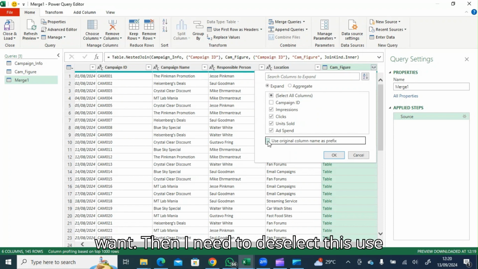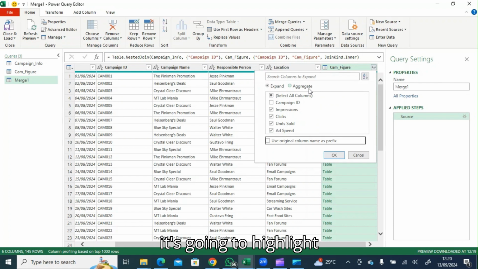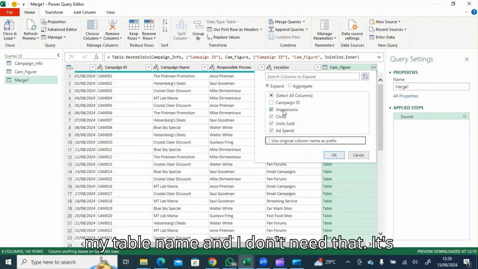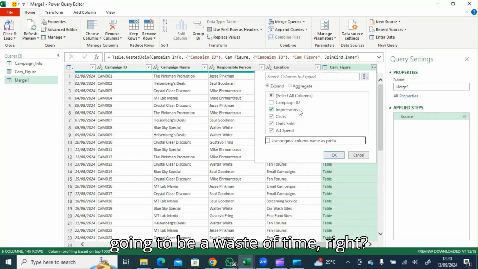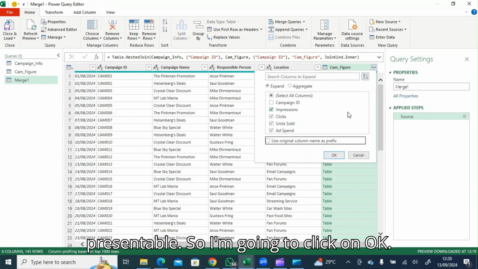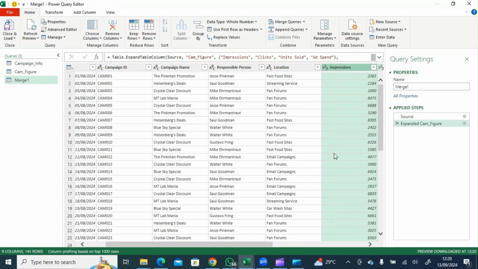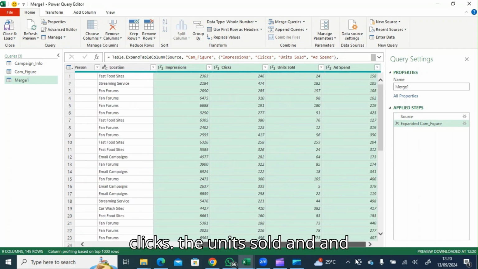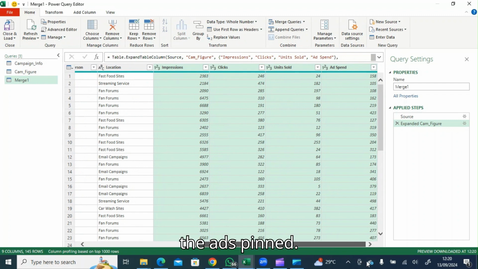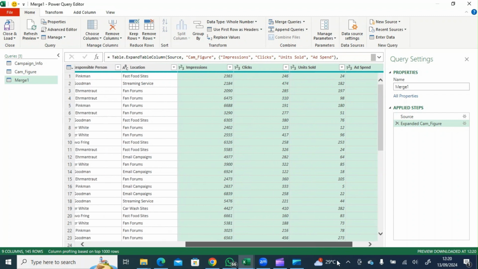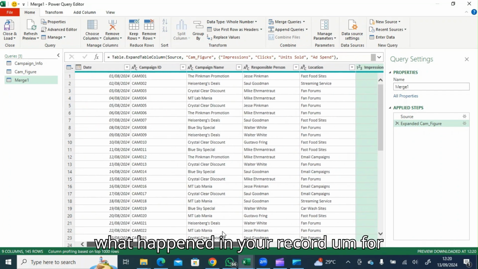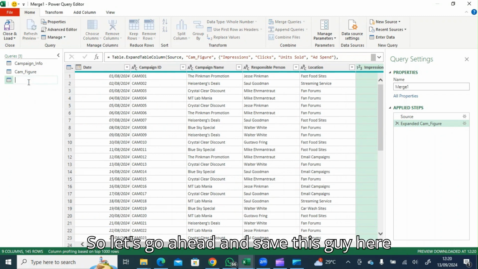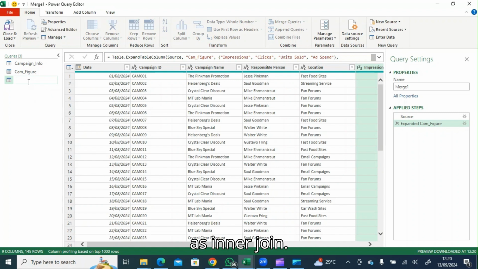Then I need to deselect this use original column name as prefix because it's going to highlight the campaign figure dot my table name, and I don't need that. It's going to be a waste of time, right? Because it's not even presentable. So I'm going to click on OK. So as soon as I do that, you can see that I have impression in here. I have the clicks, the units sold, and the ads spent. So if you now want to drill down to know what happened in your record for each of these campaigns, you can do that. So let's go ahead and save this as inner join,